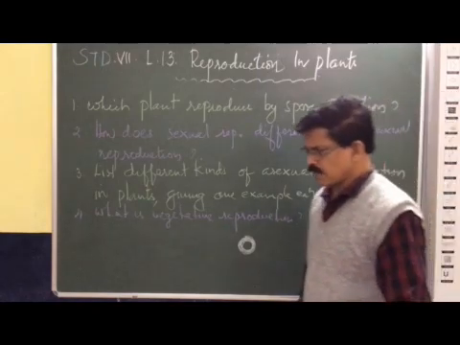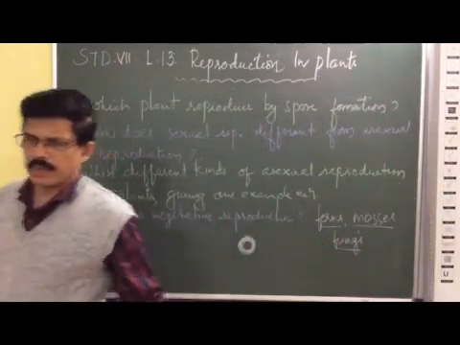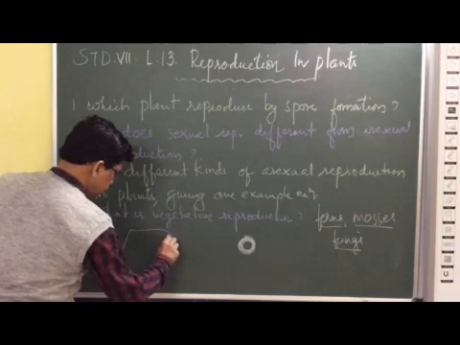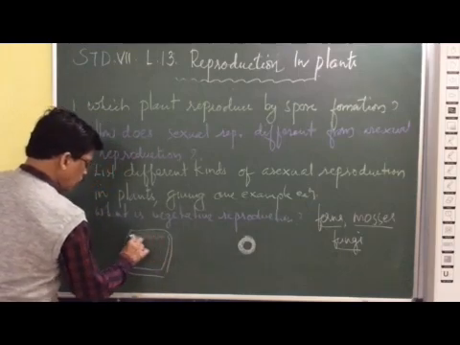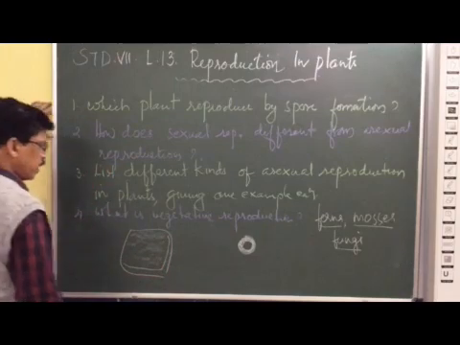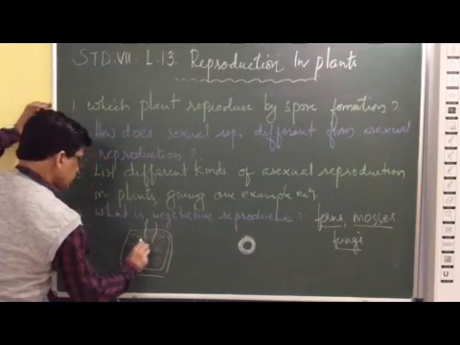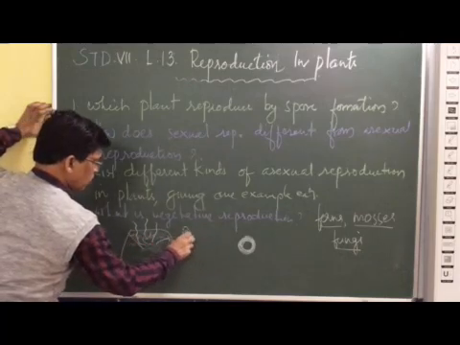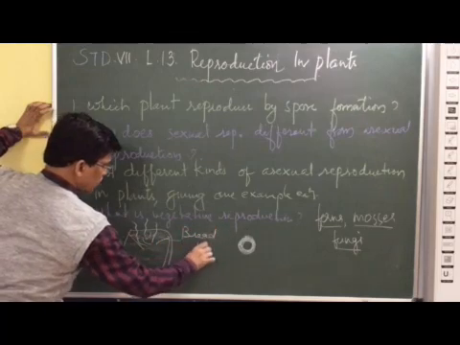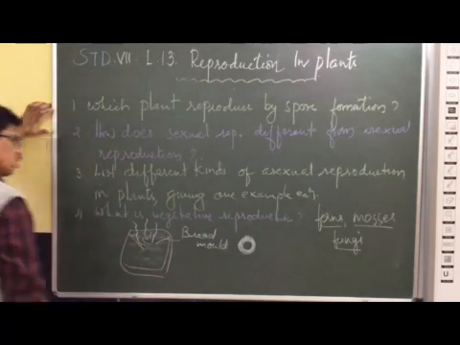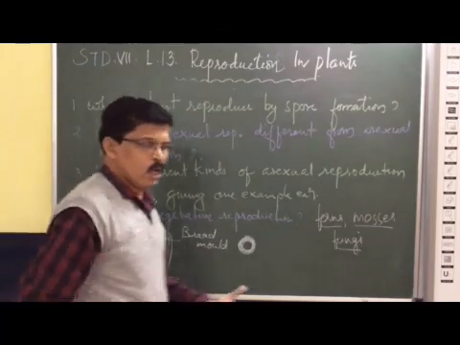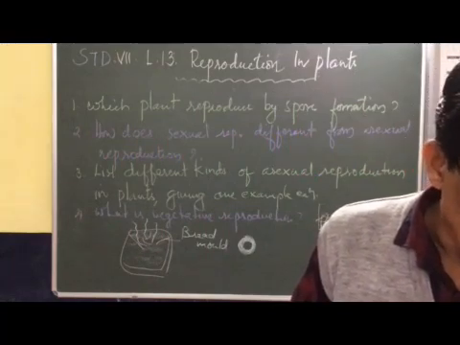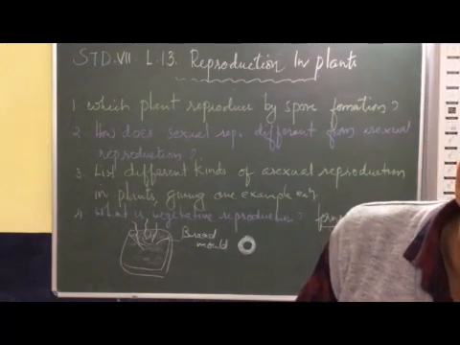This spore germination or spore formation is very common in bread mold. If you keep a slice of bread, okay, a slice of bread in a moist environment, after some days you can see a small thread-like structure develop. This thread-like structure is called bread mold. You can see bread mold grow on different food items, even our leather shoes and many other home materials that we use daily.